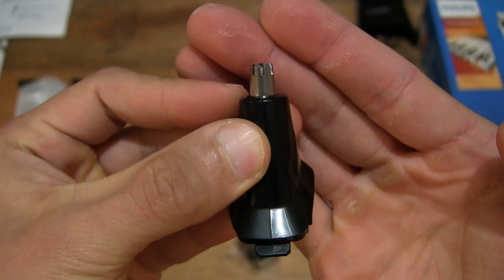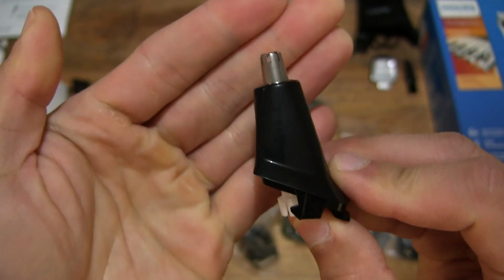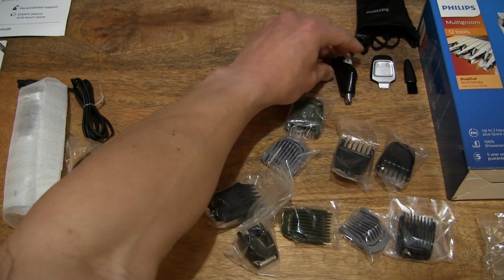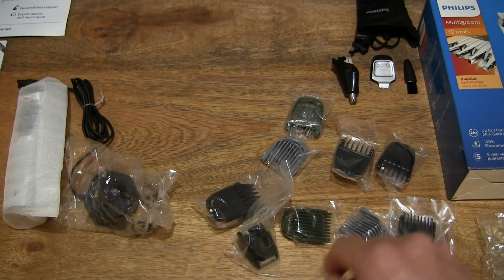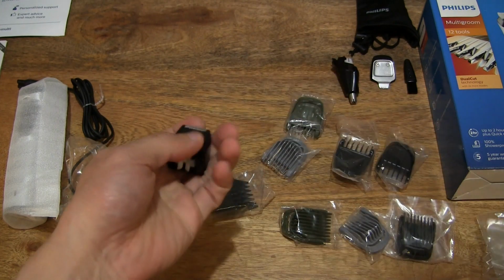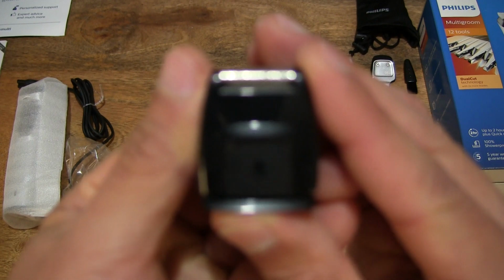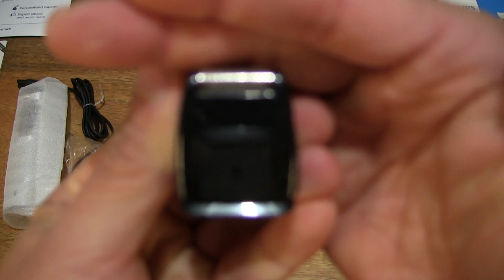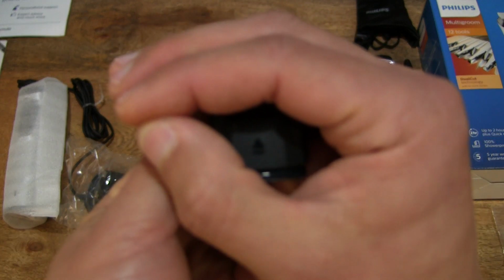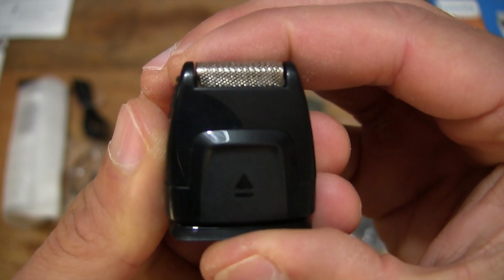Okay, just trying to get focus right there. Okay, and moving on to the next trimmer. I'm just going to set that down as well. Let's find another item. So we have a precision shaver right here. So taking a close-up look as well. So nice to see that they have a shaver attachment. So once we can get focus on this right there, so you can see, giving you a close-up look